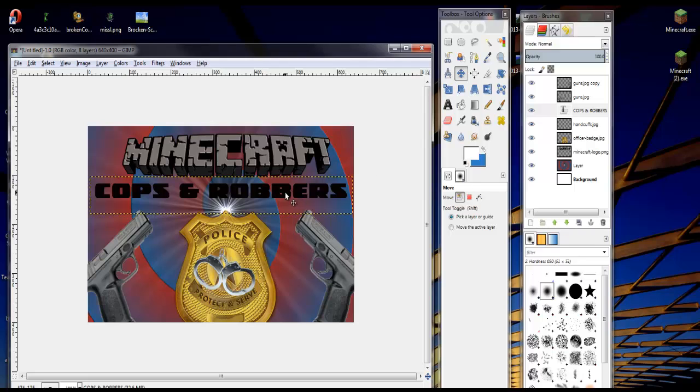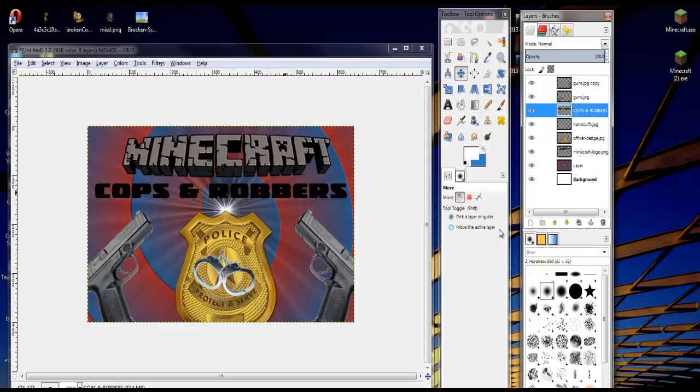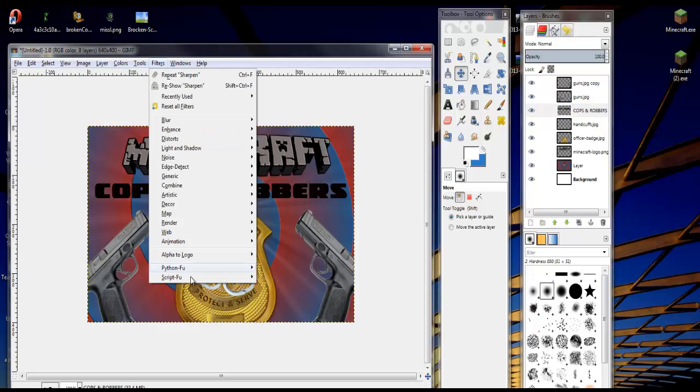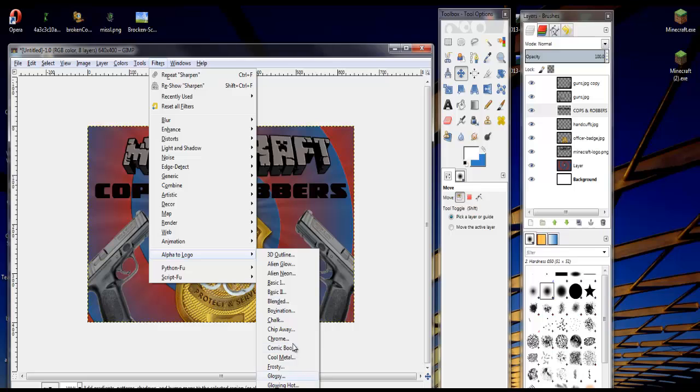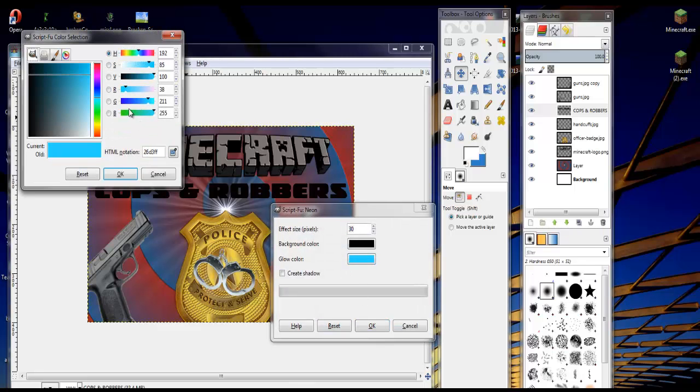But that looks plain, that looks stupid. So I'm gonna right-click it. Actually, no, I'm not gonna right-click. I'm gonna click over here, and then I'm gonna right-click, and I'm gonna go layer to image size. So that makes it when I do what I do next, it doesn't shrink the image down. So I'm gonna go filters. What I like doing is go alpha logo, and then I get all these cool little things. I think I'm gonna use something like, maybe I'm gonna go through a few, just like neon. Let's give it like